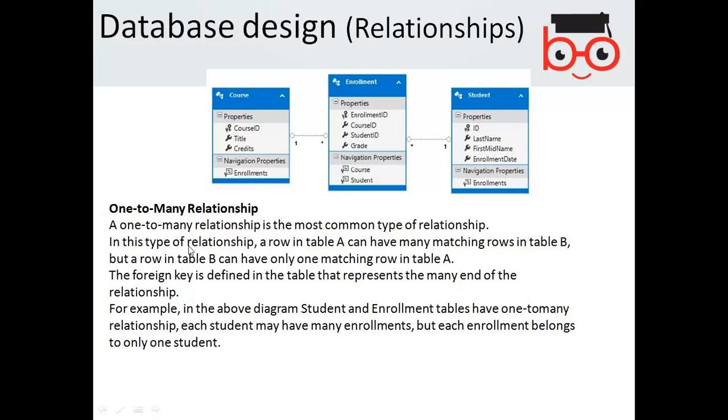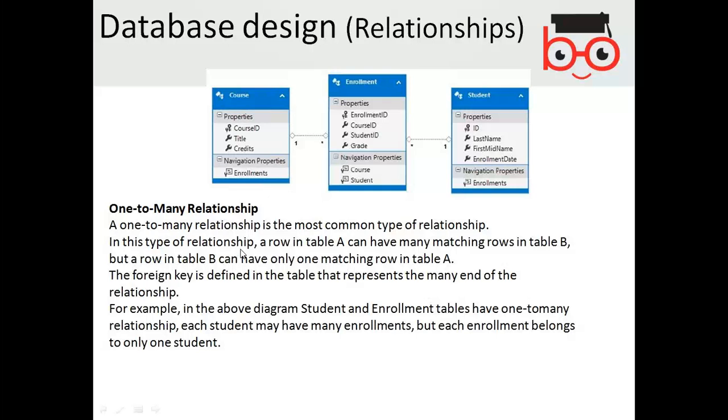So the one to many relationship is a kind of, for example, if there is a customer table and there is a purchase table. In the customer table, the customer will have only one customer ID, but it can have multiple purchases in the purchase table. So the one to many relationship is the kind of relationship having one to many. Further, as you look at more examples, you will understand more.